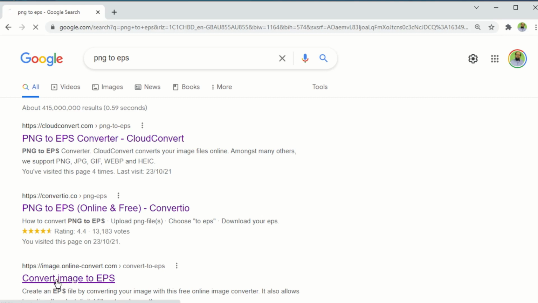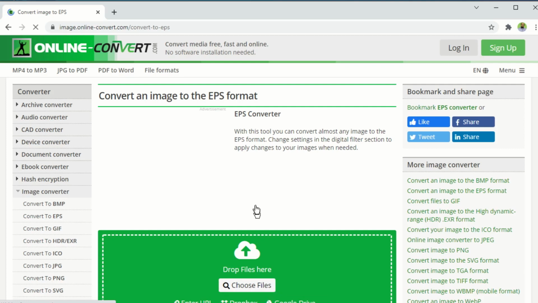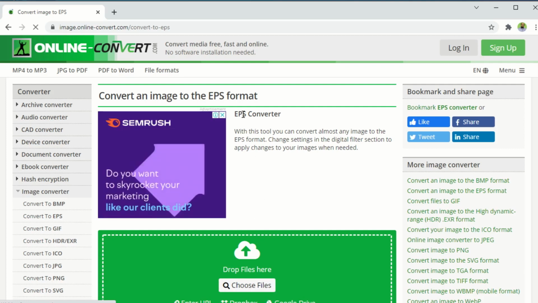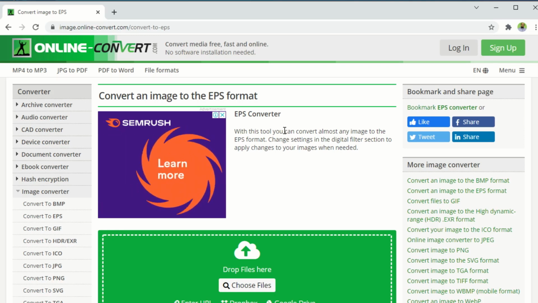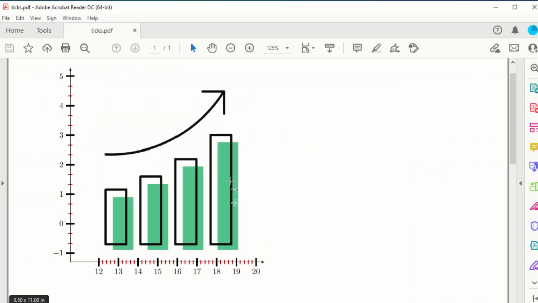So you click on that and you convert your image to EPS, because EPS is a vector format and your image will stay sharp at high zoom settings. So I have converted this image to EPS as well, because what if your image becomes distorted, because we want both image and these tick marks sharp.